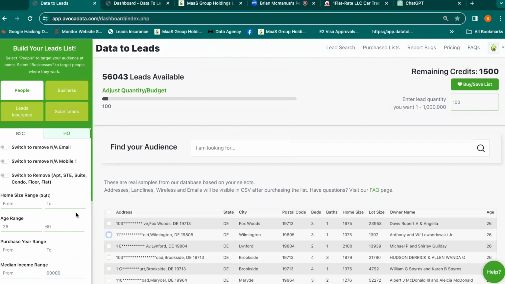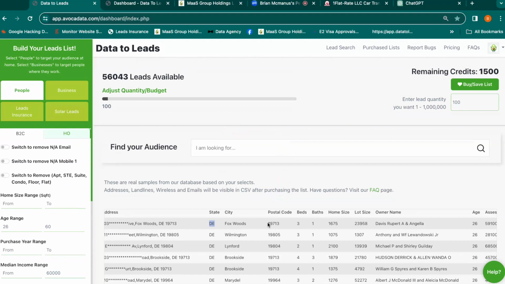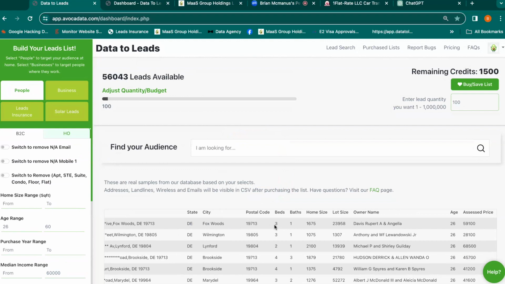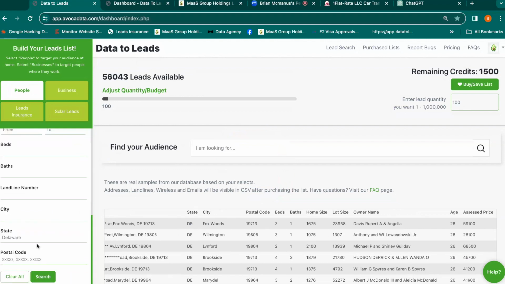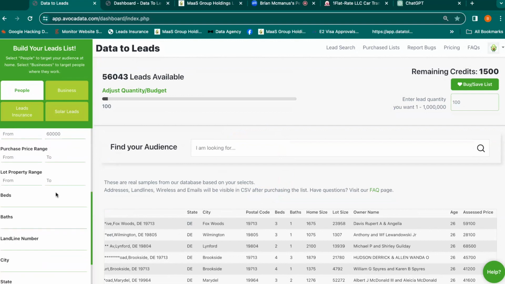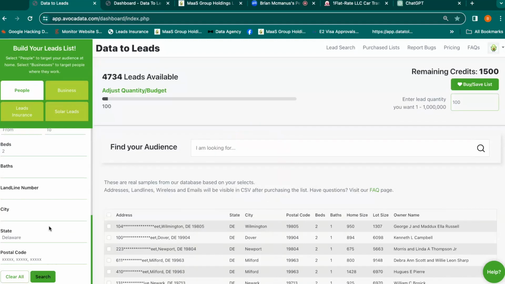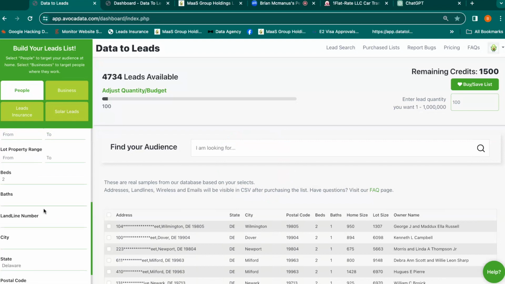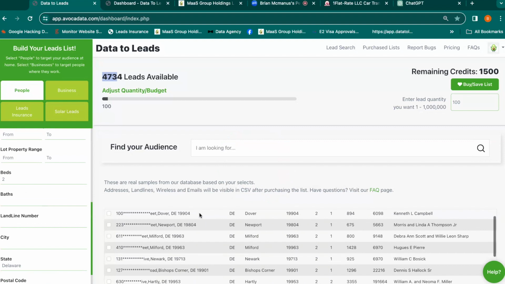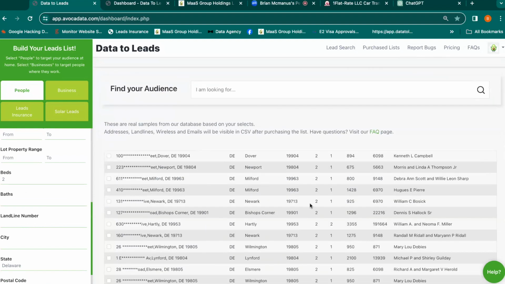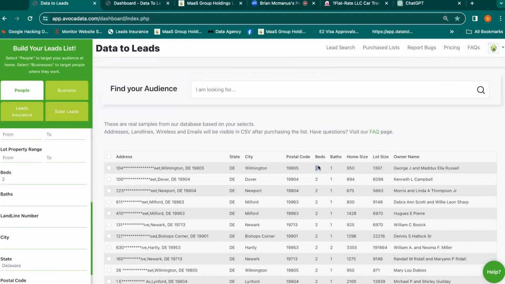But if you want to really, and let's say you say, all right, I don't want people that have greater than 3 beds for whatever reason. You have the ability, instead of just unchecking these, to plop in right here beds, bath, and control exactly what you are looking for. And when we do that, we come up with 4,734 unique leads